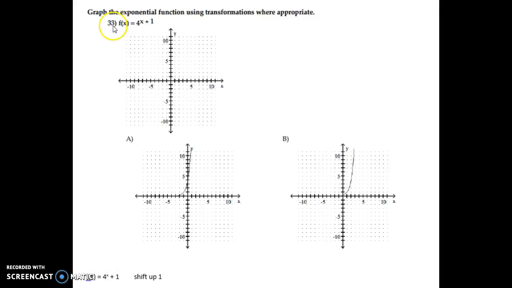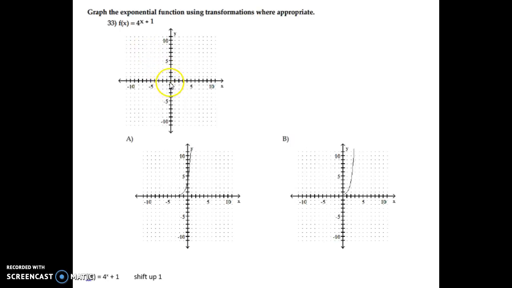For number 33, we'll be graphing an exponential function, and it says to use transformations where appropriate. Look on page 271 of the book. It's the end of chapter 2.7. It talks about when a graph will be shifted left or right or up or down or stretched. And so graphing an exponential function, kind of your starting point, if it hasn't been transformed at all, you know